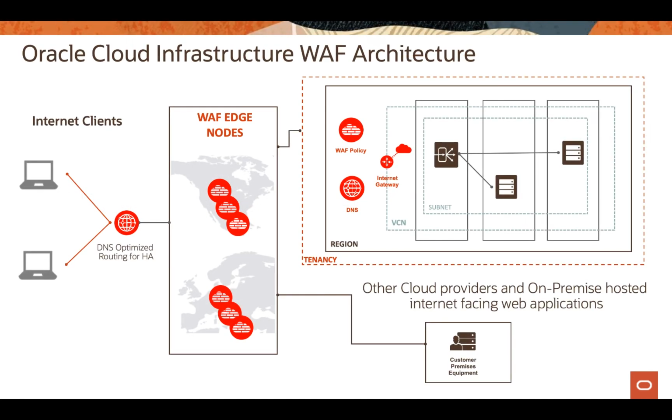So this is actually the architecture of WAF in OCI, just to give you an overview and an idea of how it works. You have your application deployed inside of your tenancy on the side of your VCN, right? And then you're probably going to have a load balancer and the applications deployed there. Once you do that, you want to make sure WAF can protect the access and implement all the rules and capabilities to make sure that it is protected against any attacks or any threats that potentially will bring